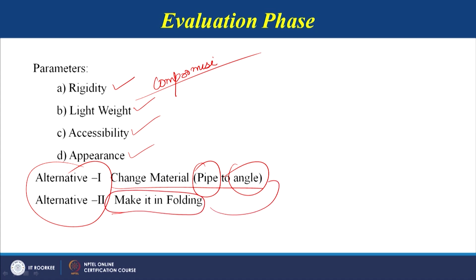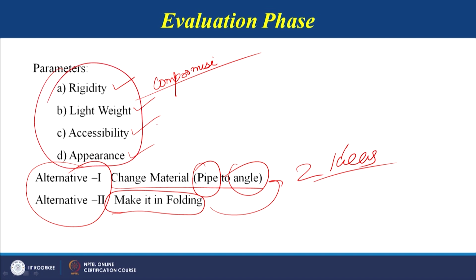So these are the 2 ideas which can be taken further. And how will we take these ideas further? We have to give weight to all these 4 parameters. So what is the weight to be assigned to these parameters? That can also be calculated statistically, and it is given in the article. So you can refer to that article and find out how the weight is assigned.